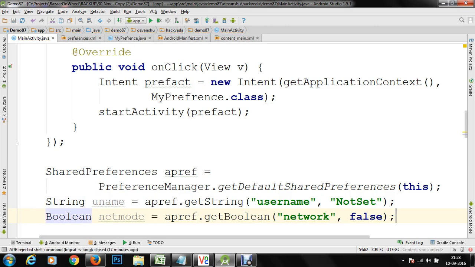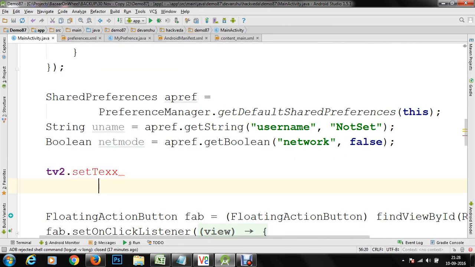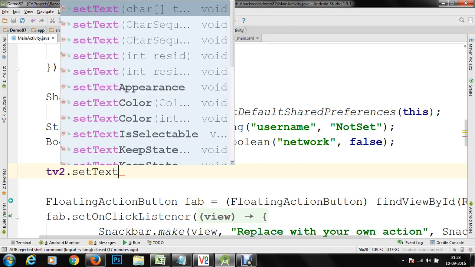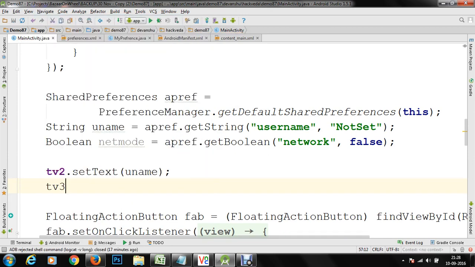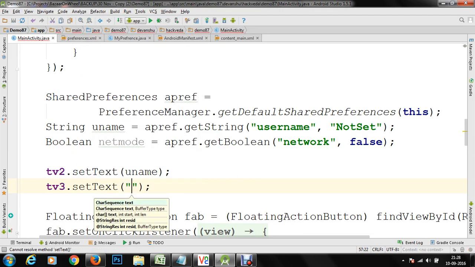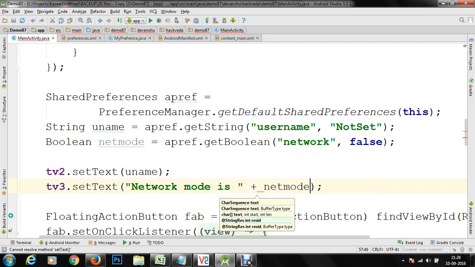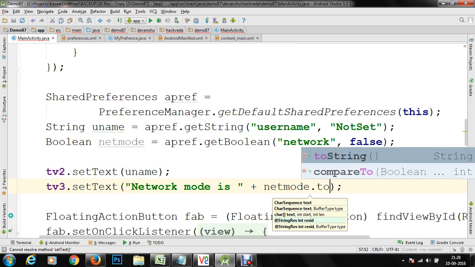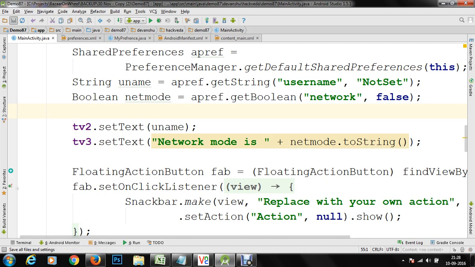Now that I have this information, I'm going to set it within tv2.setText, and I'm going to set uname, which comes from my preference. For tv3 I'm going to set the boolean information, let's say "network mode is", plus netmode.toString, and that value will be displayed here. So now we are done with the preferences.